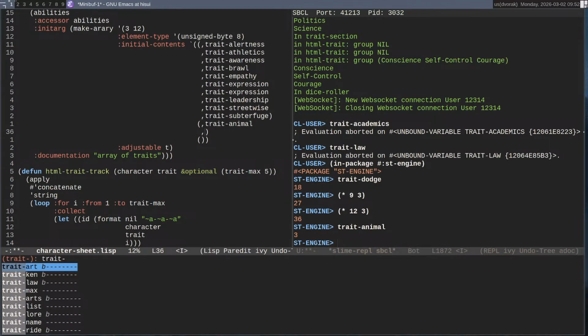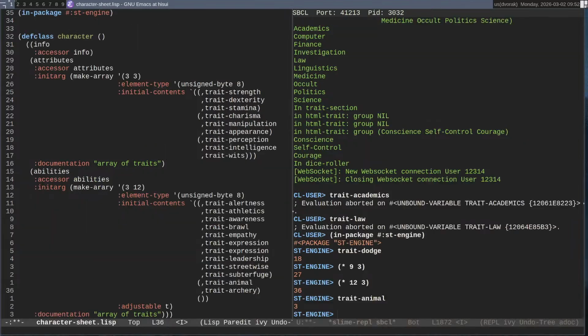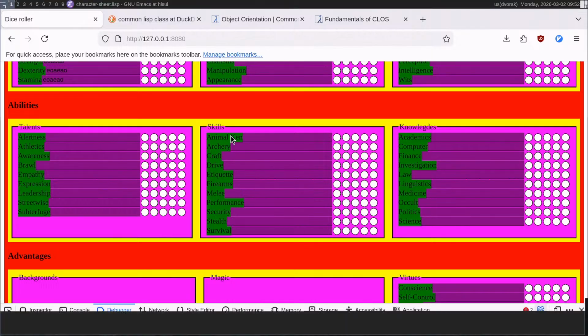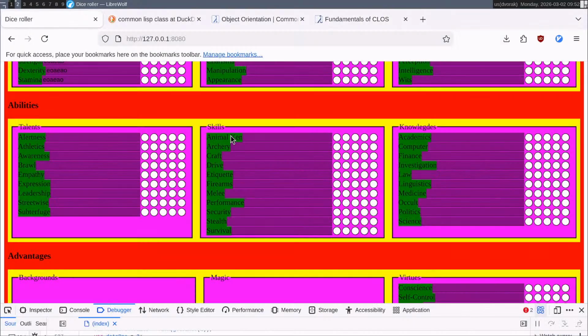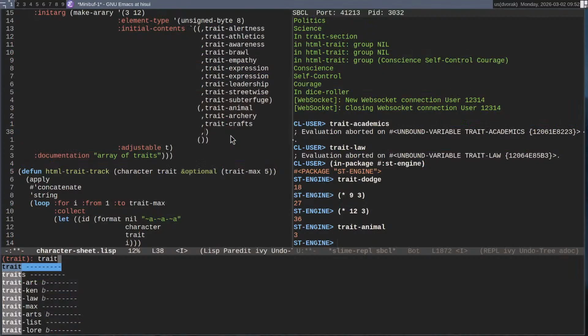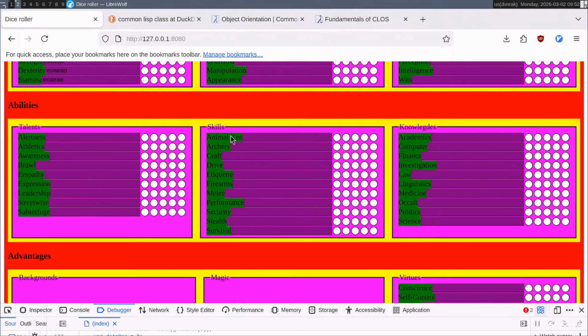Oh, there's a trait Ken as well. Interesting. So animal, archery, craft. And craft is a special one because I should be able to have it multiple times. In fact, I'm going to put it in multiple times because we are going to want to test that. Craft, drive.